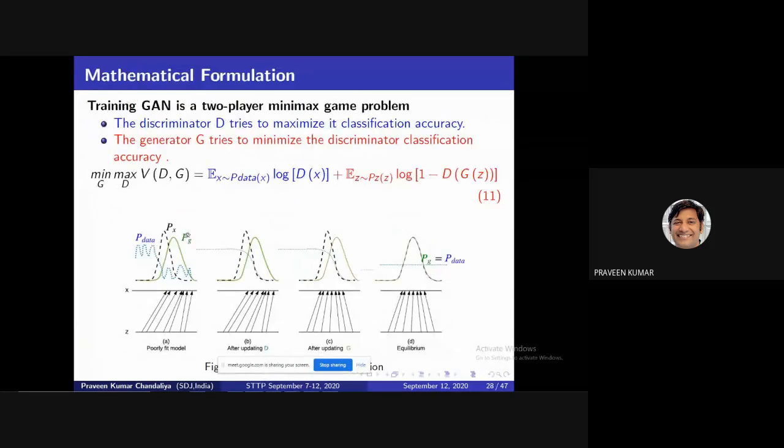When we combine them, the final loss function is the adversarial one. The generator performs minimization and the discriminator performs maximization. This is the stability situation. Pg is the data generated by the generator. P data is your real data. This real data is input to your discriminator, and the generated data is also input to your discriminator. Epoch by epoch, this stabilizes. When Pg approximates Pdata, your model is stabilized.